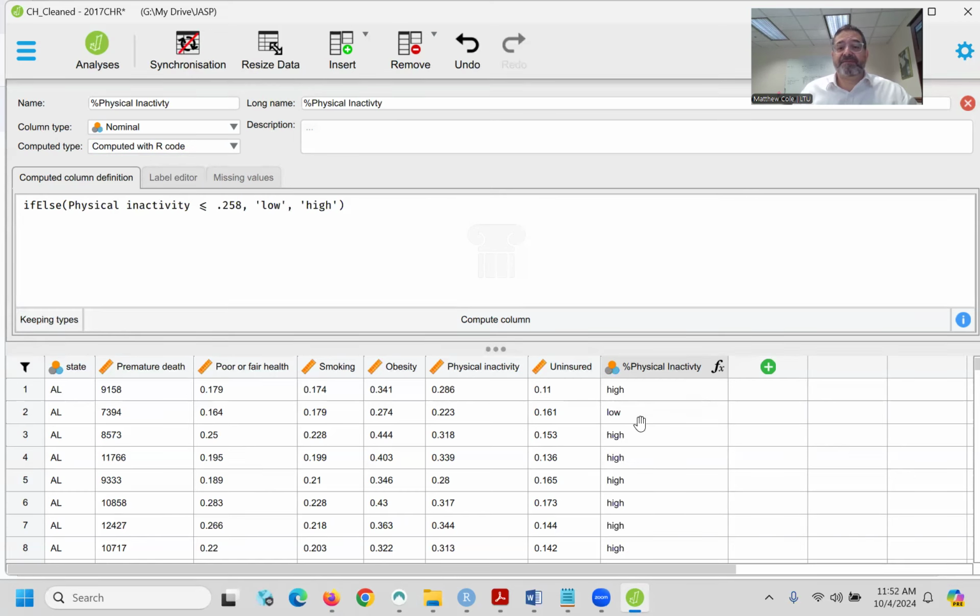And it just did it. So now we've done that, right? And we can see, yep, 0.286 is greater than 0.258, so it's high, otherwise it's low. So we've done that. Now, if we wanted to do the mean split, we would just go back to that